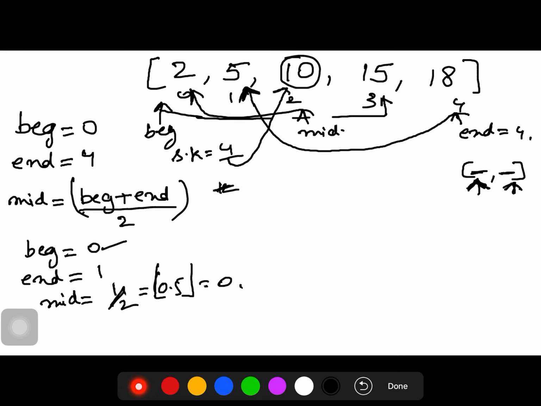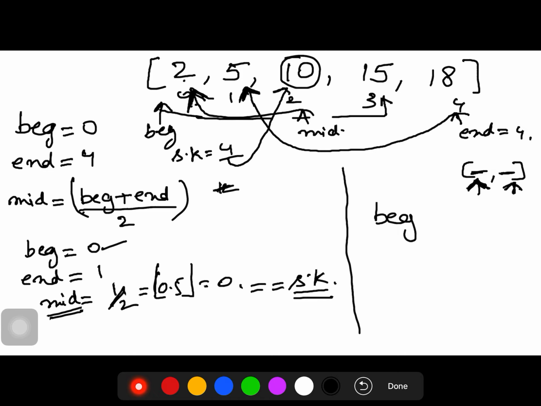We will keep on comparing the element at the mid position with the search key. If it is equal to the search key, we will return the location of that element. But in this case our search key is greater. Now we will change the position of our beginning.